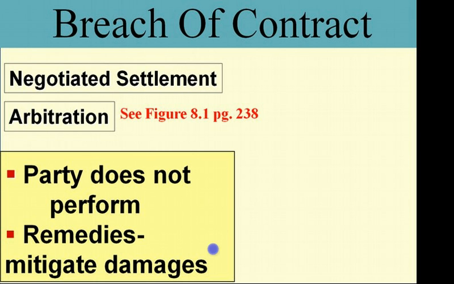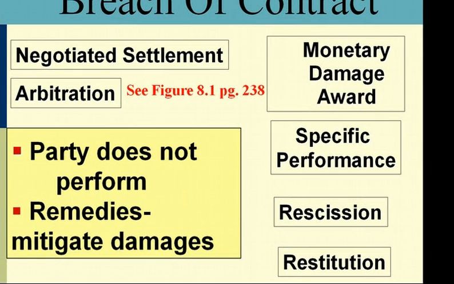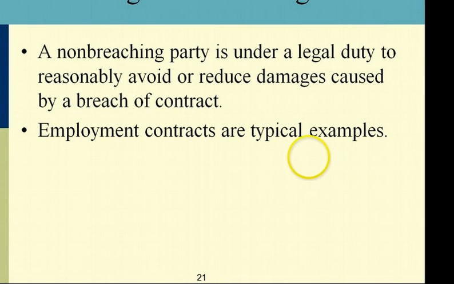You can have a negotiated settlement, an arbitration. There's monetary damage awards, a specific performance, which says that the parties cannot just be paid, that one party has to perform. This happens in real estate. You cannot be made whole by just being paid if somebody doesn't fulfill their contract obligation of selling your house, because houses are very unique. So then you go in and ask for the court to say, don't give me damages, tell them to sell me the house. There's rescission and restitution. We talked a little bit about the mitigation of damages,